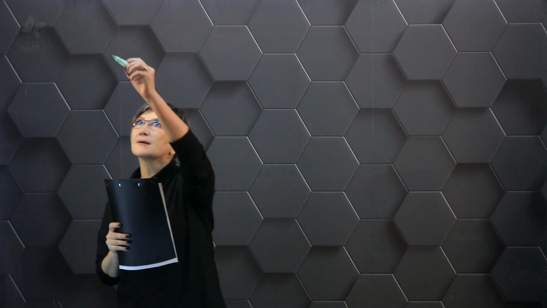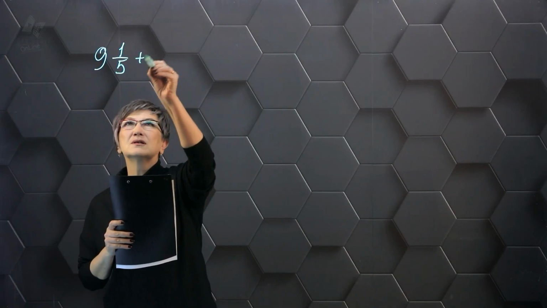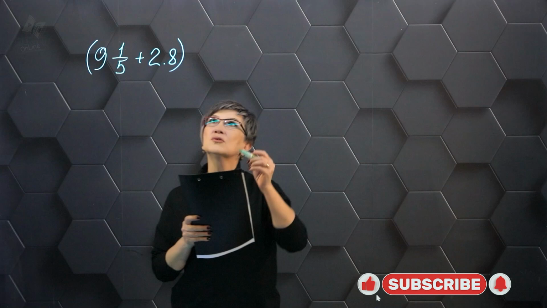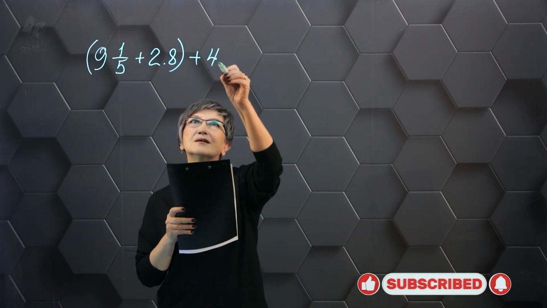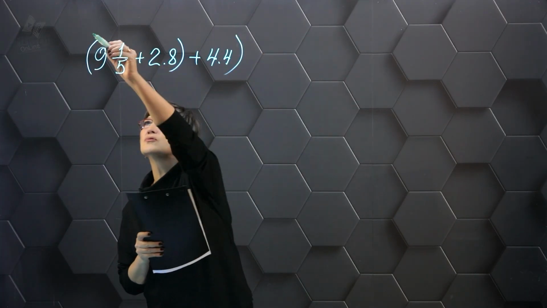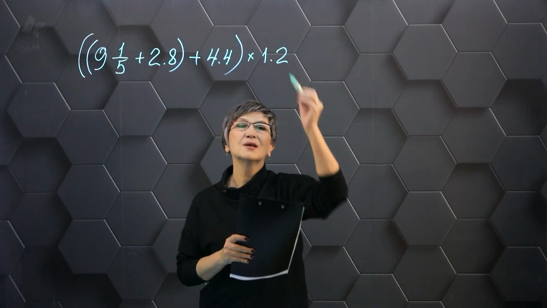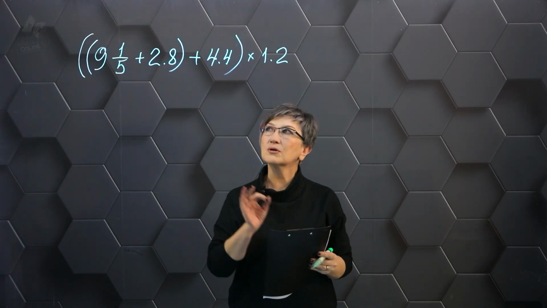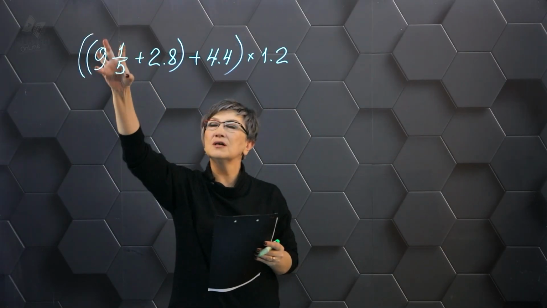So, 9 1/5 plus 2.80. And to this sum I need to add the number 4.4. And then multiply that sum again by 1.2. What is the outcome? When you see an example that contains a mixed fractional number along with the decimal notation,